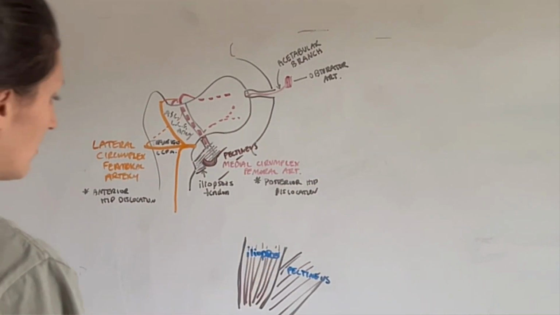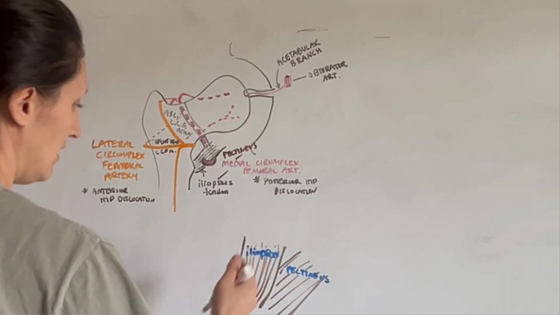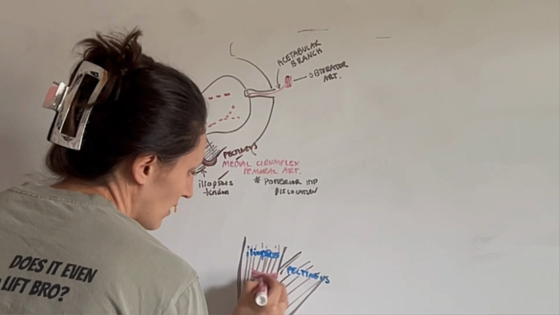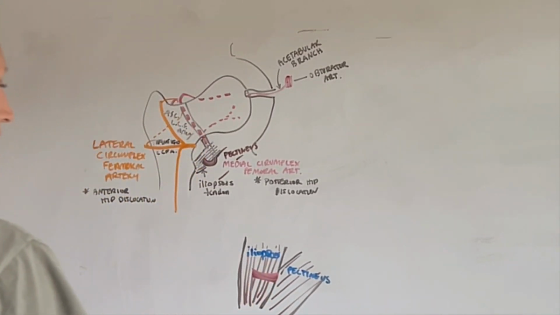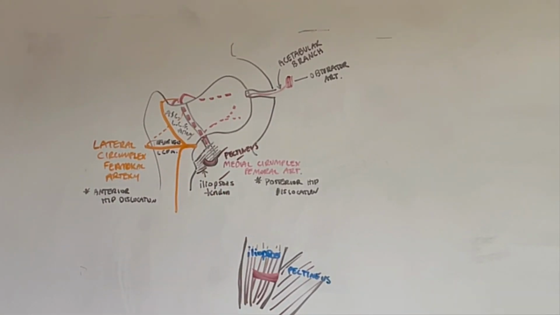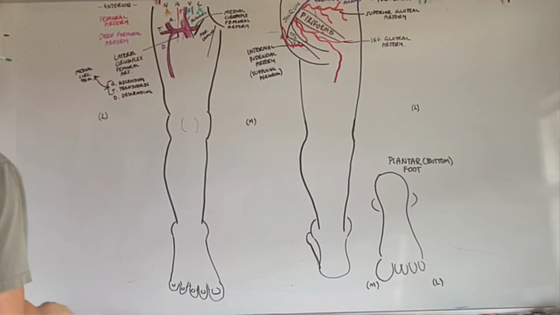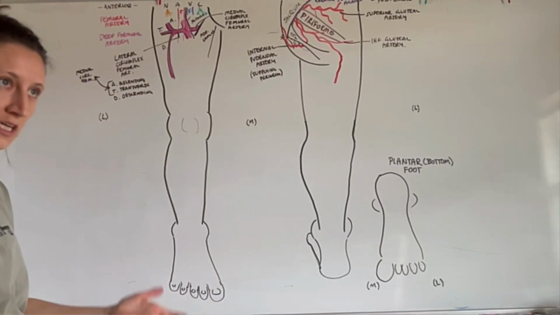The medial circumflex femoral artery comes off of the deep femoral and is going to literally dive in between these muscles. So that's the relationship I need you to know. All right, now that we understand the anastomosis of our femur head, called the cruciate anastomosis,